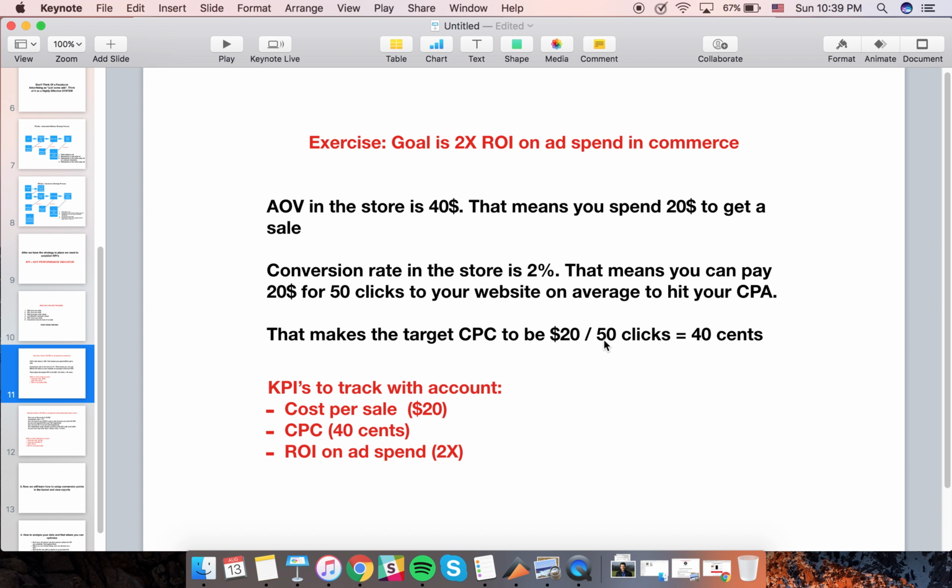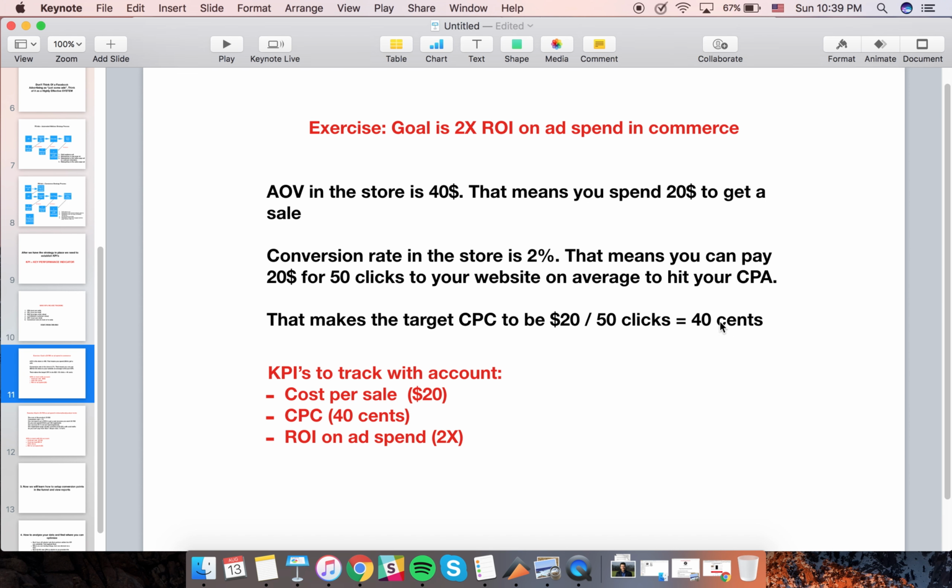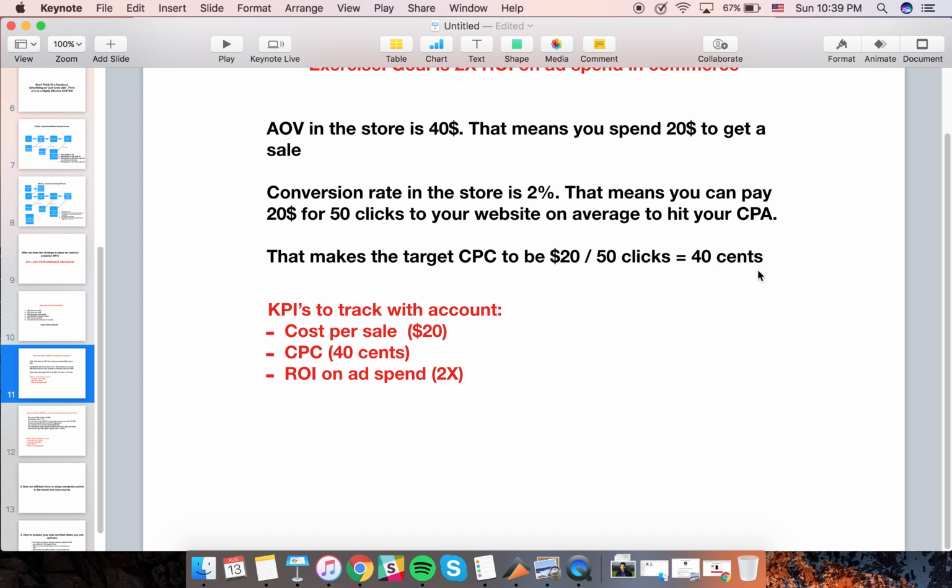So you'll need 50 clicks, and you can pay $20 max to get those clicks. It means that you can spend a maximum of 40 cents to get a click to your website. So with this account, KPIs to track would be cost per sale $20, cost per click 40 cents, and ROI